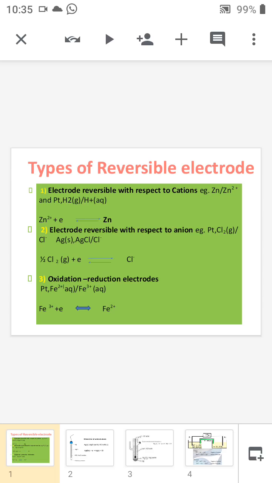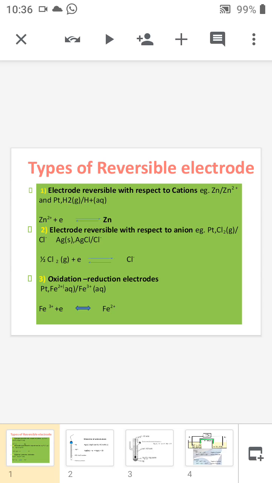But in the case of the anion, we cannot directly dip that electrode into the solution. For example, in the silver electrode, we are actually measuring the Cl- ion potential. So we cannot dip the chlorine as in the case of the zinc bar Zn2+, because chlorine is